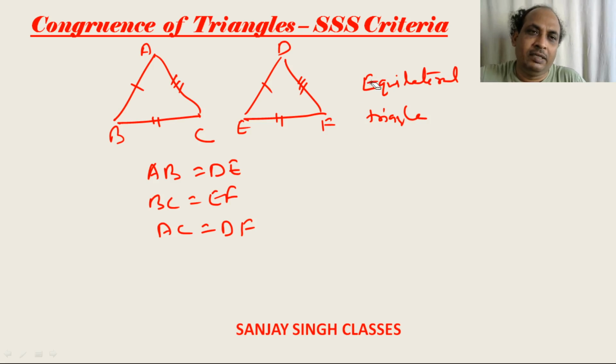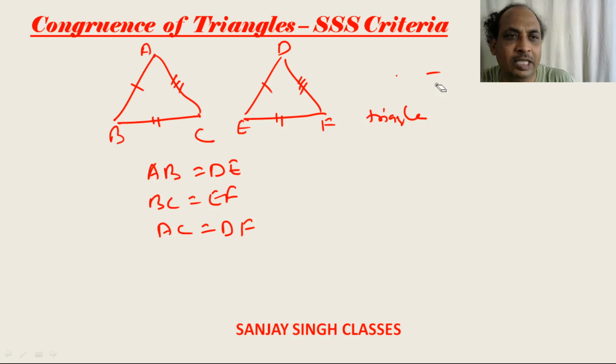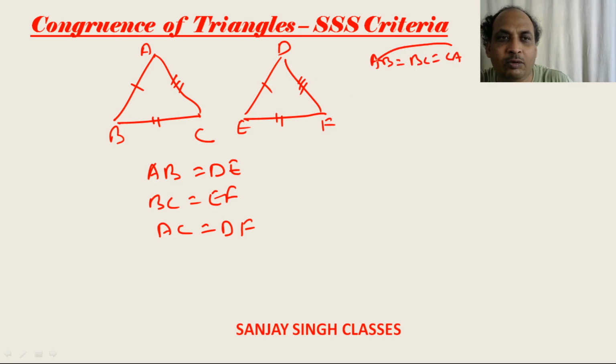No, because an equilateral triangle is one in which all the sides of the same triangle are equal. When AB is equal to BC is equal to CA, then only triangle ABC can be called an equilateral triangle. So, we will not discuss equilateral triangles. But yes, when all the sides are equal,